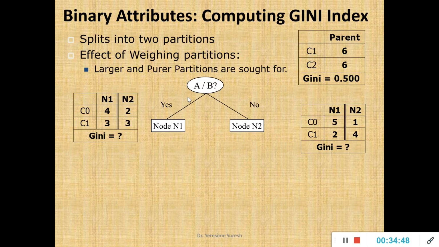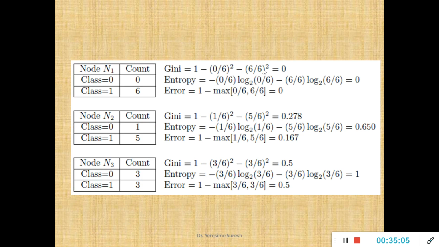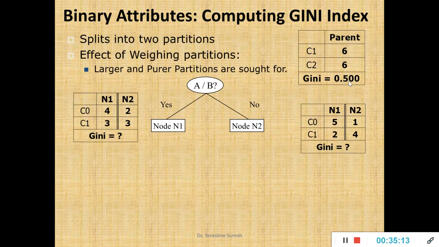We'll take an example here with respect to a complex one, splitting with respect to two partitions. The parent node has two classes C1 and C2 and it has an equal number of instances, 6. So obviously the Gini index will be 0.5. Why? Because Gini index is calculated by using the formula we have seen, 1 minus the same thing. So if I find the Gini index value, it will be equal to 0.5: 1 minus (6 divided by 6... whole square) minus (6 divided by 6) whole square. So 0.5, 0.5, if you subtract from 1, you will get again 0.5. That is what I've got.